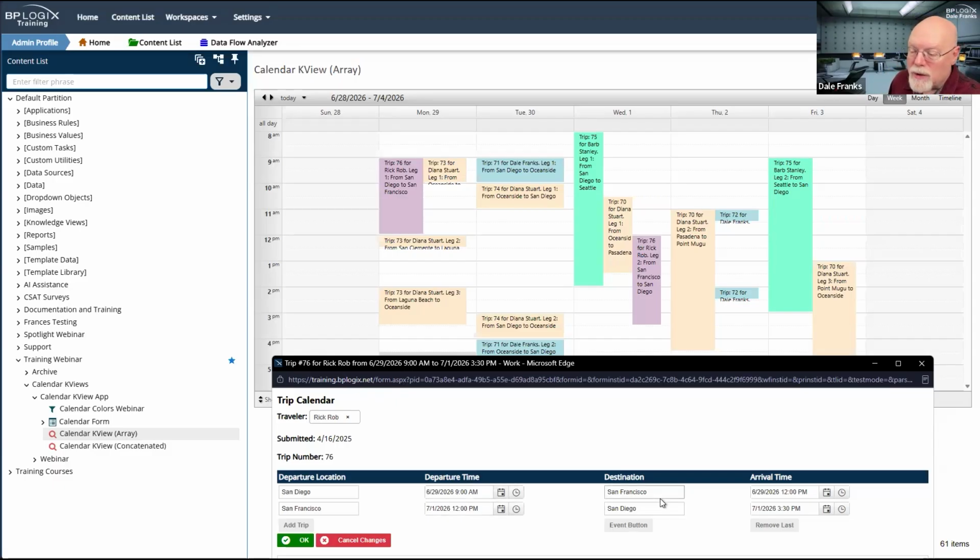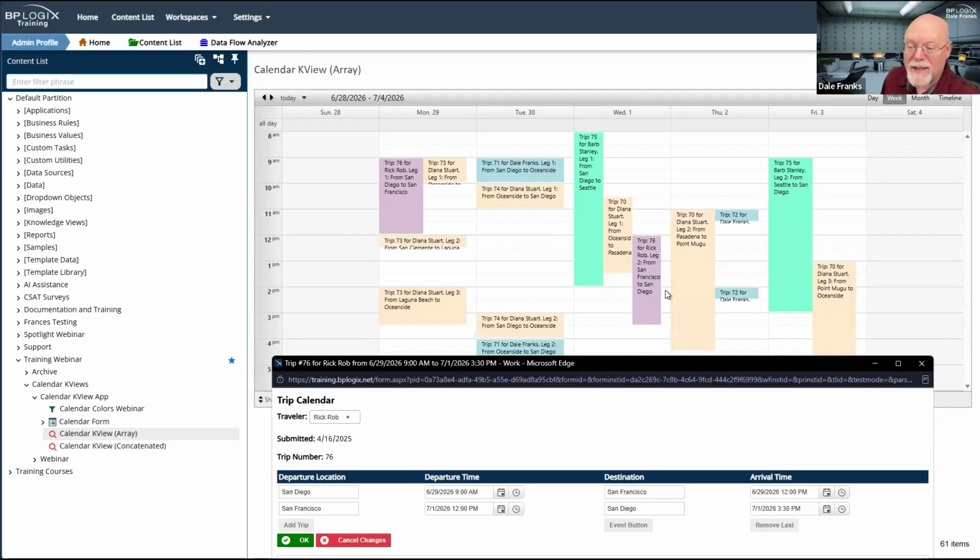These two rows in this array are creating these two items in my calendar, because it is an array, and whenever you use a knowledge view to return arrays, each array row gets returned as a separate record. Now that's nice for me because it enables me to catalog both the start and end legs of the trip.